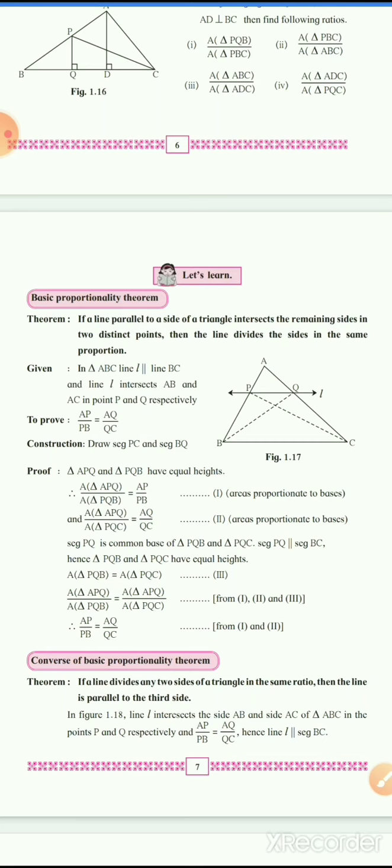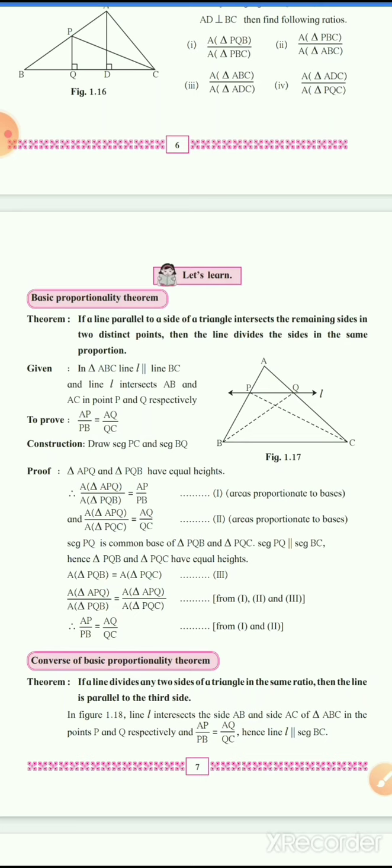Okay, but here construction will be in dots. Now proof is the main part of the theorem, means how we have to prove this theorem, the method of proving the theorem. So proof,